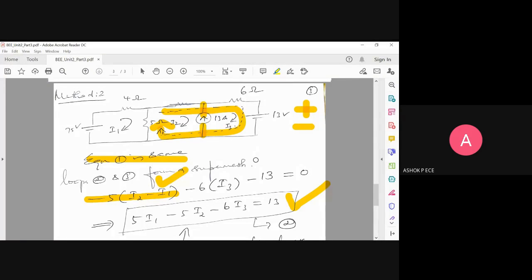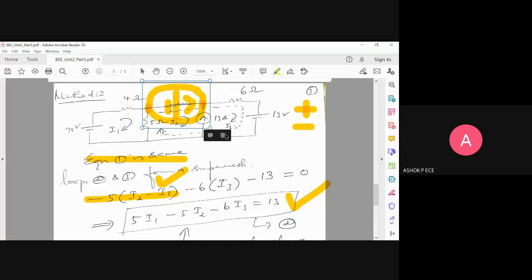We also have something called a super node. Maybe I will find some interesting problems on the super node, and maybe Monday or Tuesday we will see it. How do you identify a super node? Super node means there is a voltage source between 2 nodes. Super mesh means you have a current source between 2 loops. Here, these 2 are nodes, and between them you have one more voltage source. For this, I cannot say what current is flowing through the voltage source, and only if you know that can you apply KCL. So that becomes tricky, and in that case I will consider this a super node and proceed appropriately.